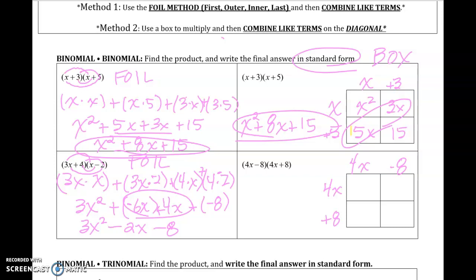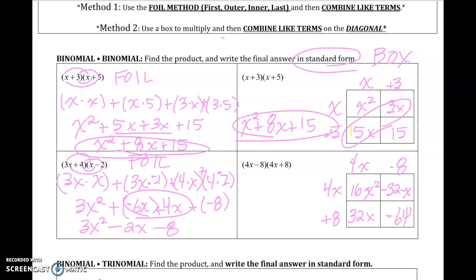So 4 times 4 is 16, x times x is x squared. Careful with that. Here you're multiplying a variable term times a constant, so you just multiply these numbers. 8 times 4 is 32x. And then we have, let's see, negative 8 times positive 4x, so negative 32x. And then negative 8 times positive 8